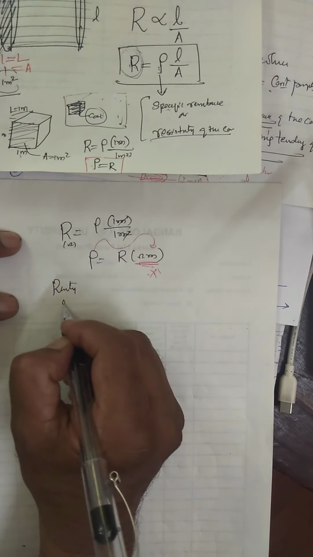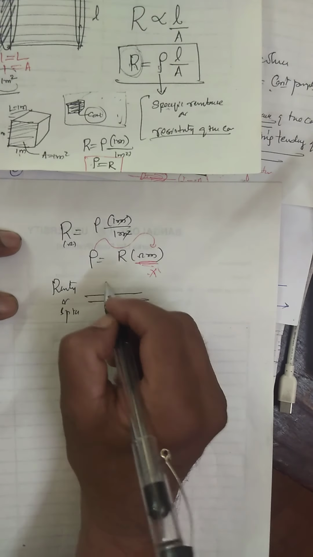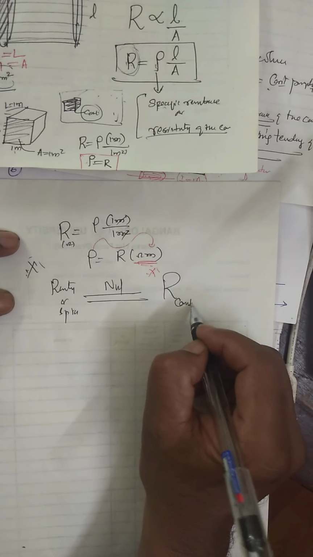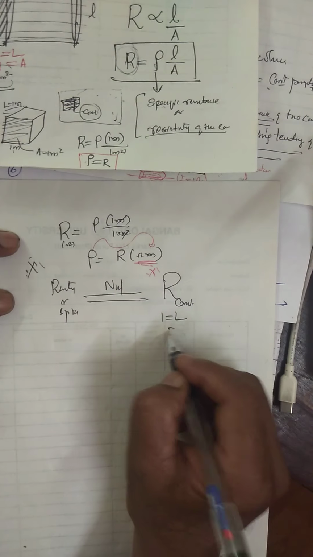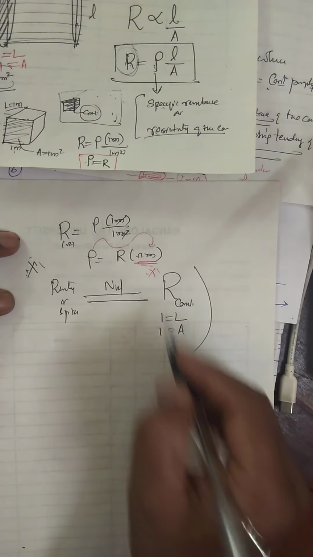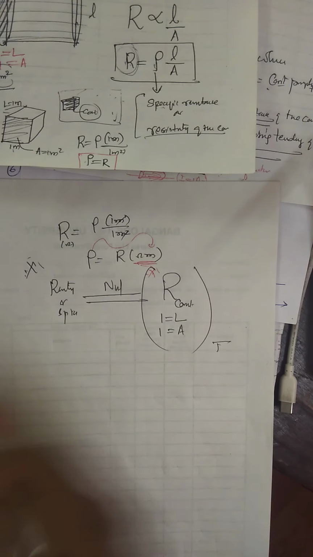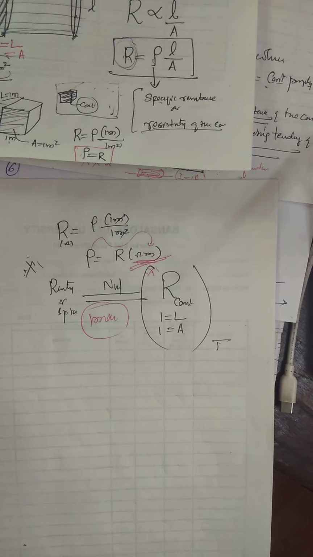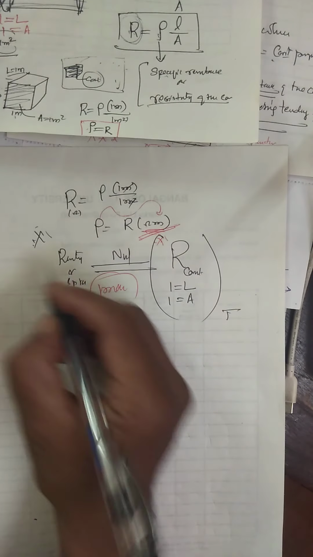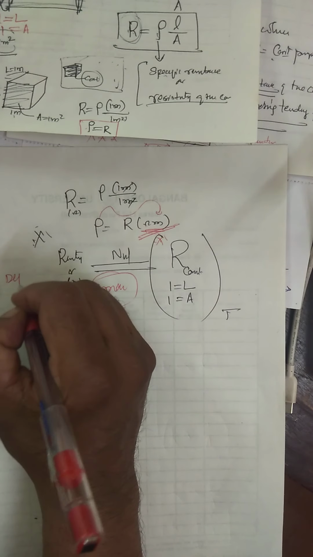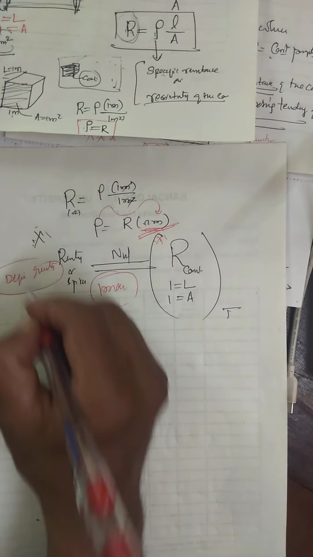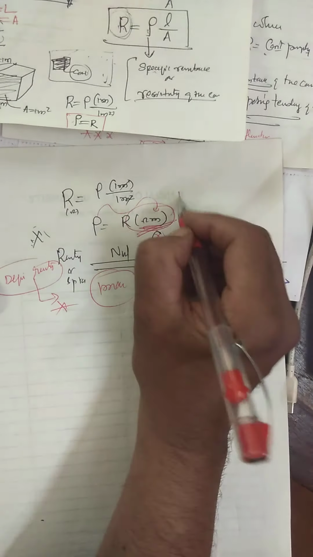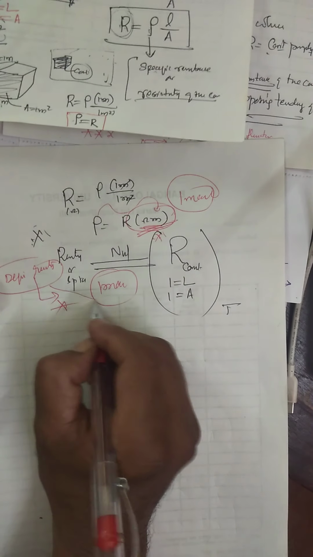Therefore, resistivity or specific resistance is numerically equal to, this definition is important, the resistance of the conductor of unit length and unit area of cross section at constant temperature. At constant temperature. This carries 1 mark. Specific resistance, unit of this is ohm meter. Understood? Therefore, define resistivity is very, very important. This you write down 2-3 times in the textbook. Mention the unit ohm meter. This is also 1 mark. This is also 1 mark.